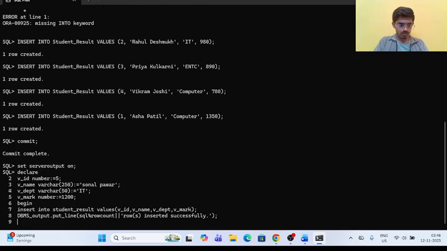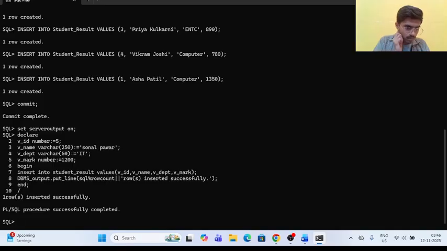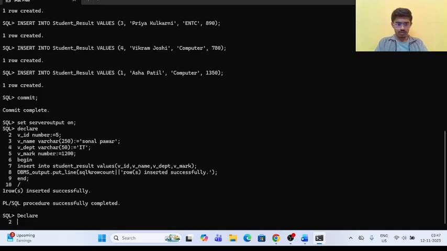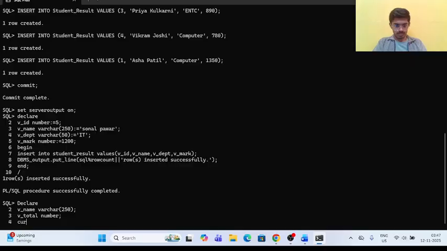And row inserted successfully. Okay, so now we have to declare it again for the name, 50, total number, cursor C1 is